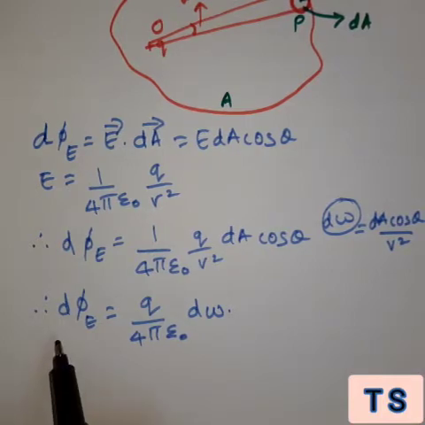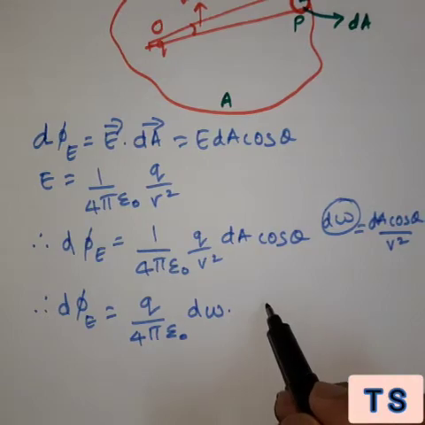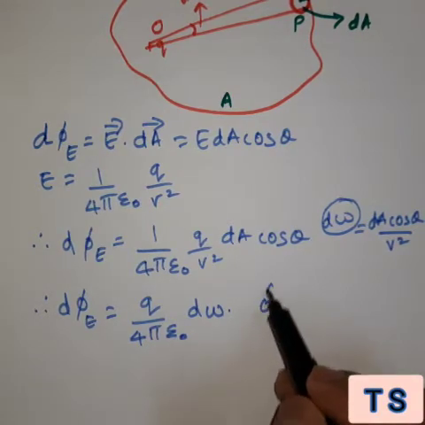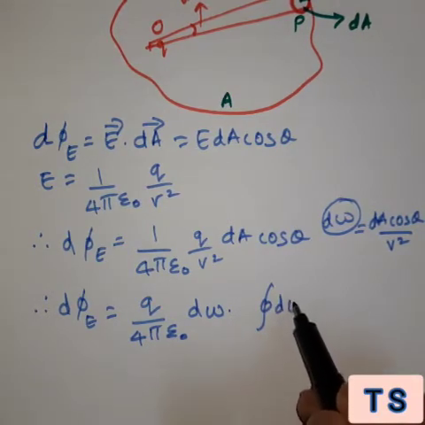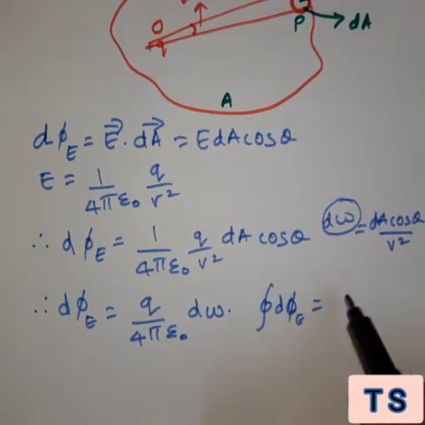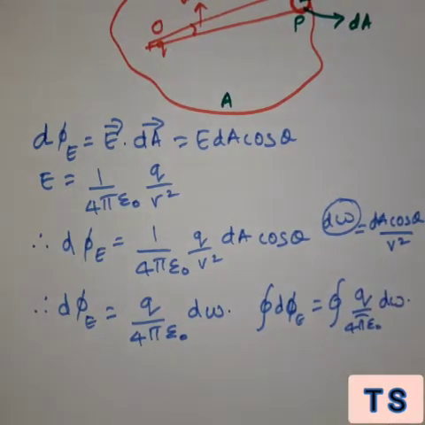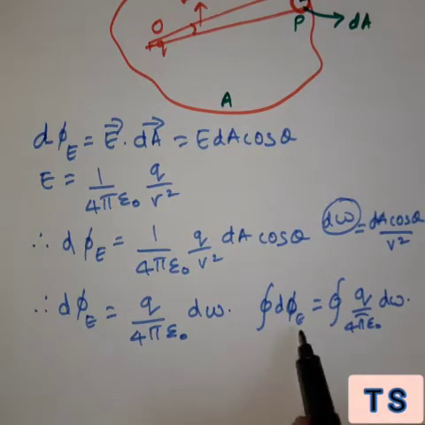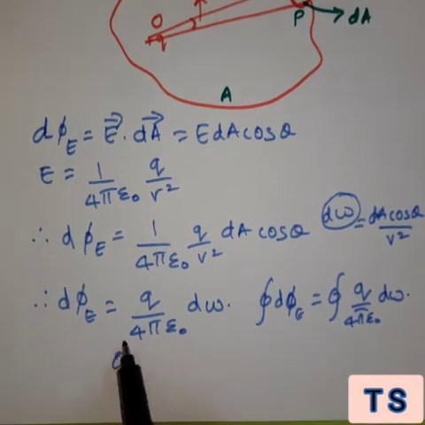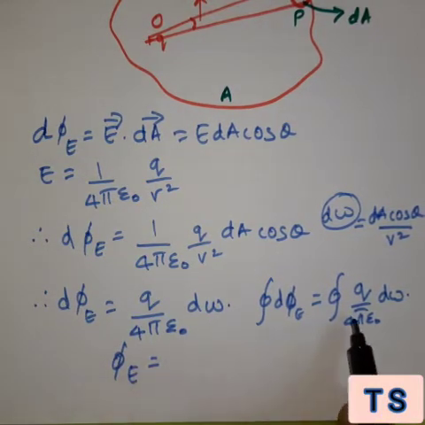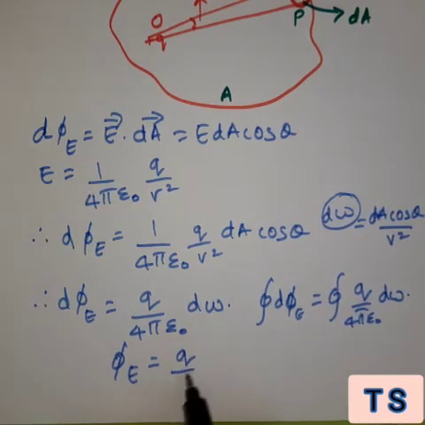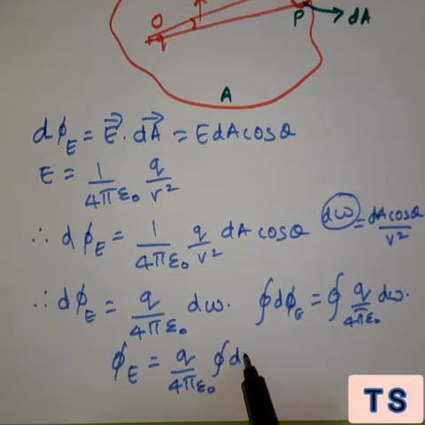So if I integrate this for a closed surface, Q upon 4 pi epsilon naught d omega, the integration will be the flux, phi E. Q upon 4 pi epsilon naught is constant, so I get Q upon 4 pi epsilon naught constant, integration over the closed surface of